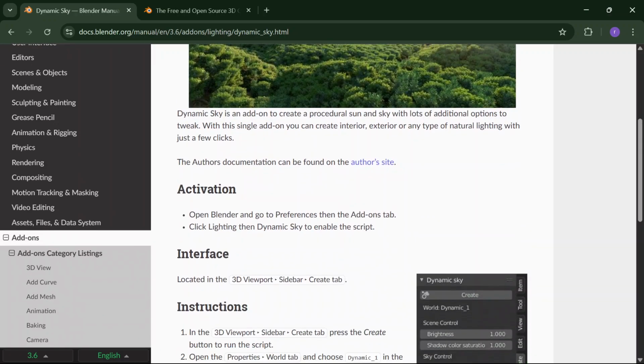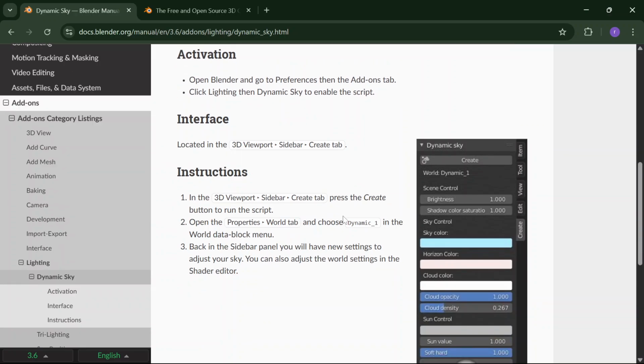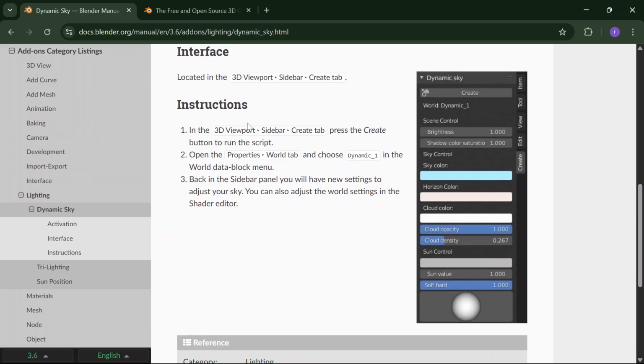So open Blender and go to the preferences, then the add-ons tab, click lighting, then dynamic sky to enable the script. Located in the 3D viewport sidebar, create tab. As you can see from here, in the 3D viewport sidebar, then create tab, press the create button